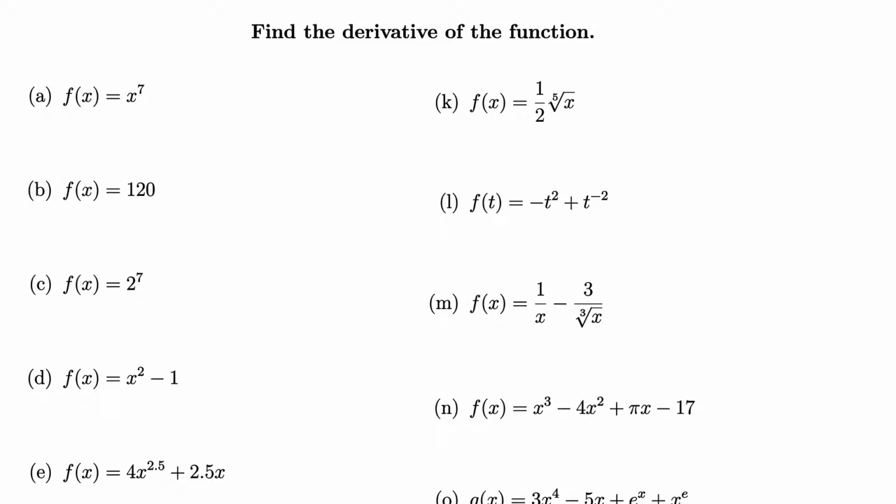Find the derivative of the function. Okay, in part A we have f of x equals x raised to 7. We know from the power rule that whenever we have x raised to some power n, and we find its derivative,